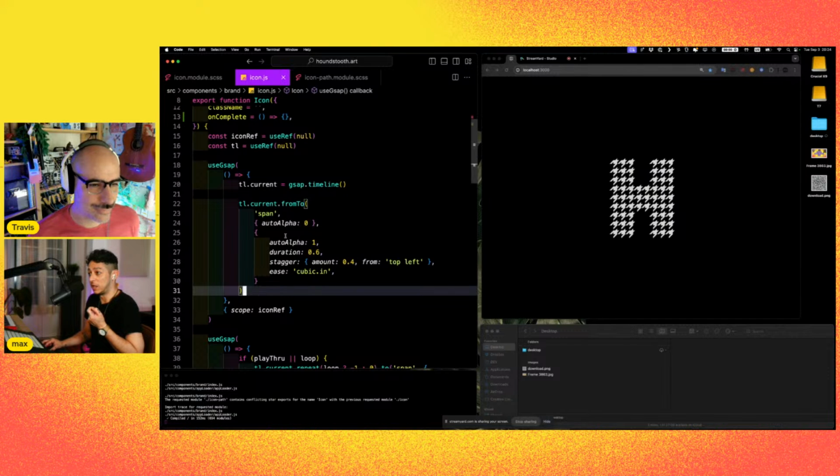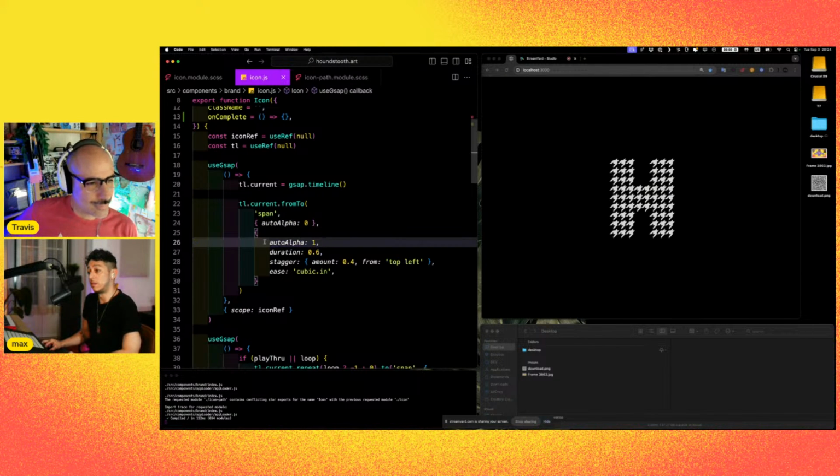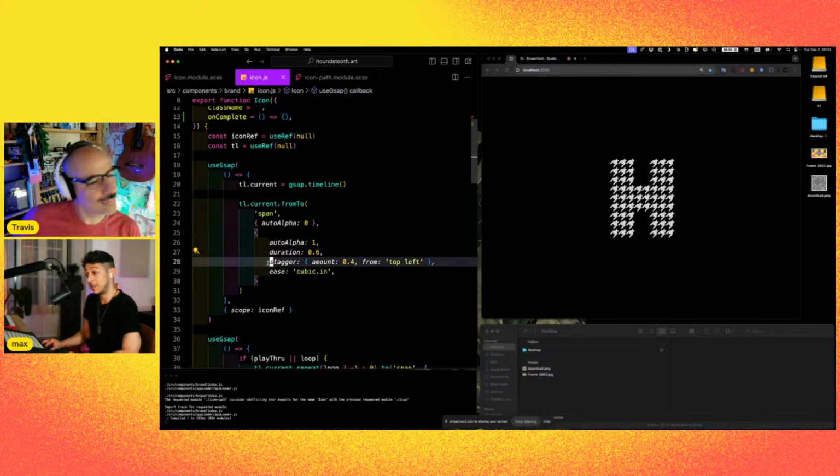And I'm just targeting these spans, and you can see I'm animating it from autoAlpha 0, which is opacity 0, visibility hidden, and then fading it in over a period of 0.6 seconds, and applying a stagger. And with the stagger, you can set an amount between, like the overlap between each one. And you can tell it a duration, like how the time